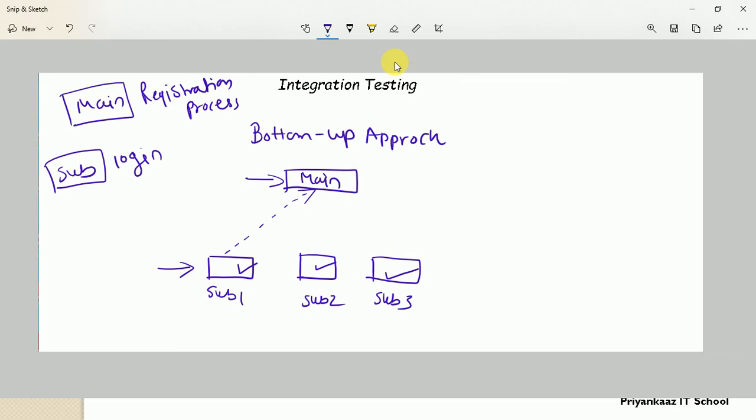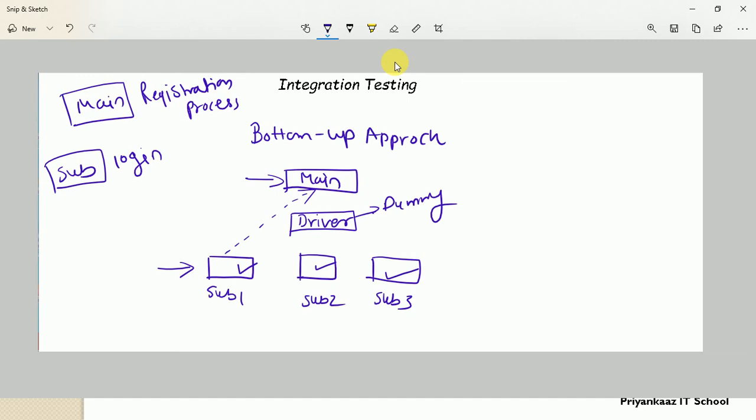So instead of the actual main feature, the developer will provide a dummy code, and this temporary, dummy code is referred to as a driver, which simply has the feature instead of the main module.